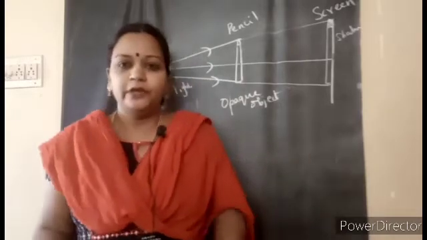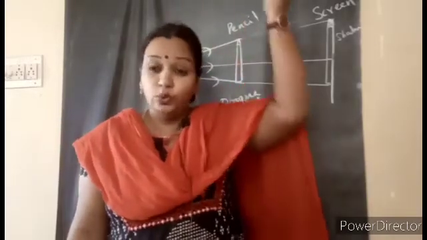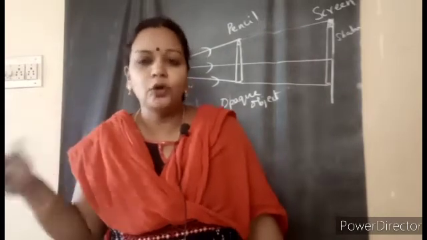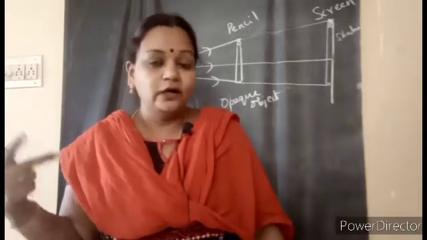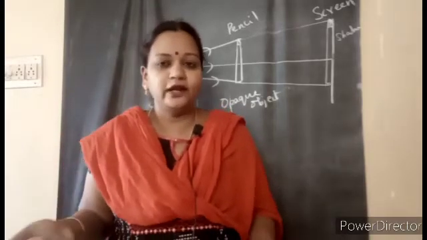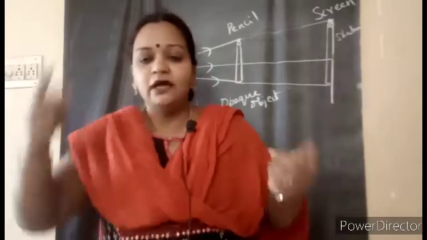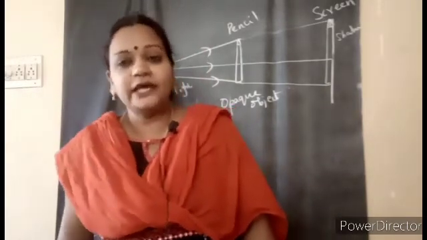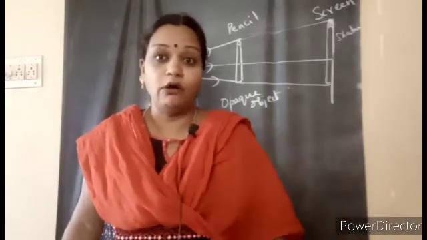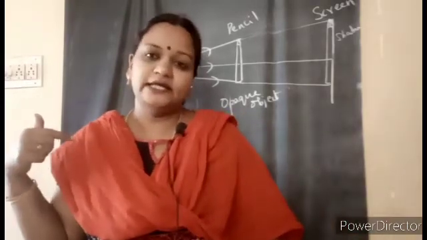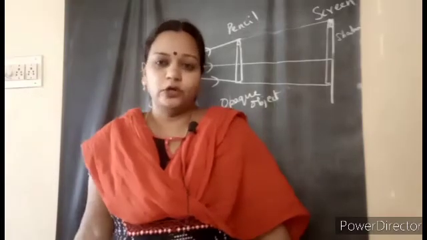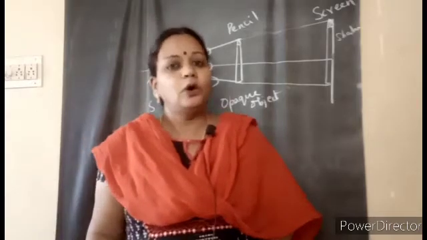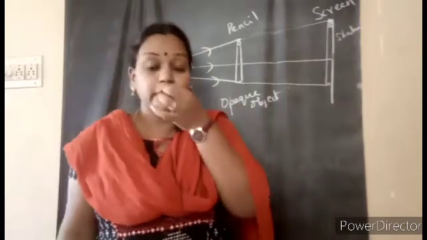Even when you are playing, you might have seen when the sun is on your head at noon time, how is your shadow? And in the evening, when slanting rays fall on you, how is the shadow? You have learned this in lower classes also. Today you can move out of your home and see how your shadow is at noon, and in the evening and morning the shadows are longer, because we get slanting rays, but at noon the light falls directly on the head. You are going to find out on your own whether the shadows are longer or shorter. So these are all the things about shadows.